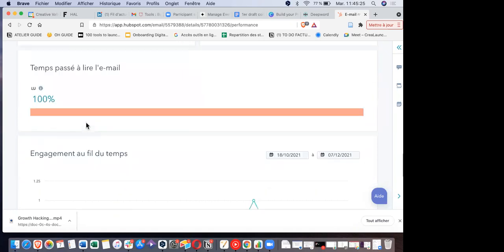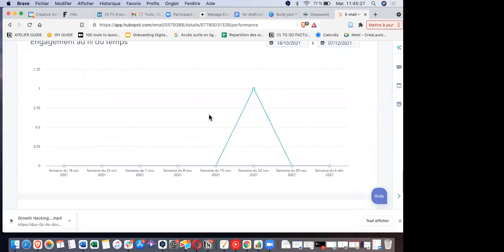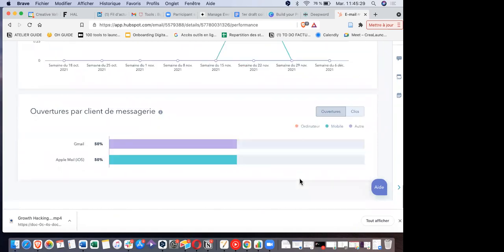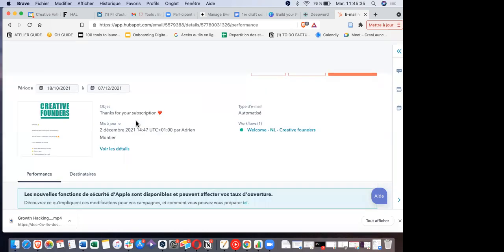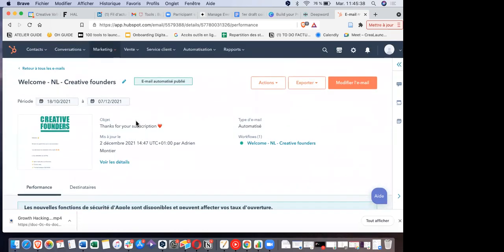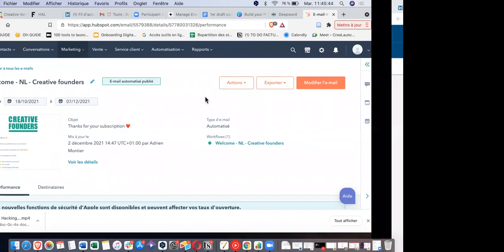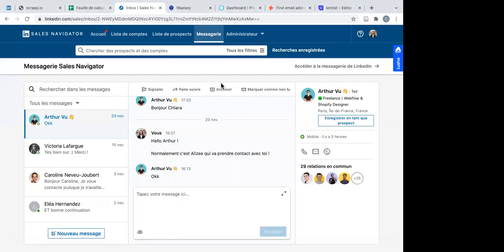And so this email was read. You have the engagement through time. You can see whether this was opened on Gmail on iOS. So this is quite invasive, but it will help you to track the mails you are sending and to see their performance. But you can also actually do that on Lemlist too, which is why I don't use,